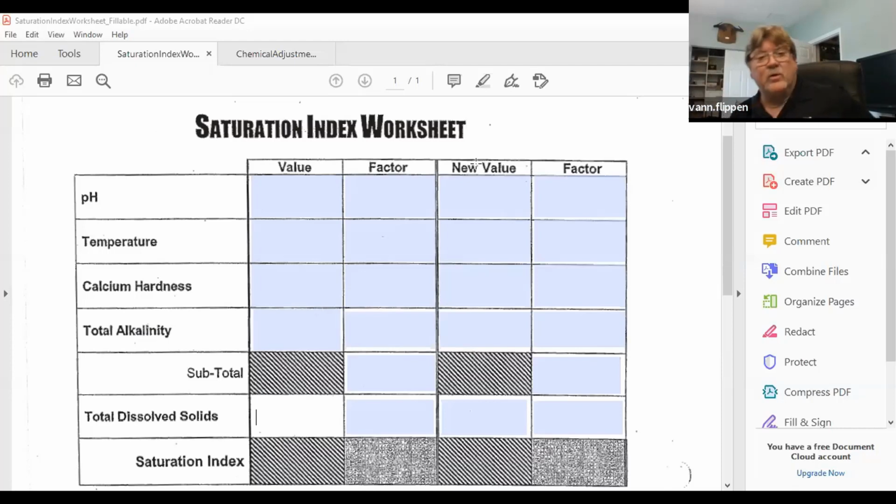So at this point, I'm going to go to my saturation index, and I'm going to put that value directly into the chart here. So I know that it's 7.8, close to 8.0. The temperature of my water right now is running about 76 degrees. And now I've got to check for the calcium. So the calcium hardness test